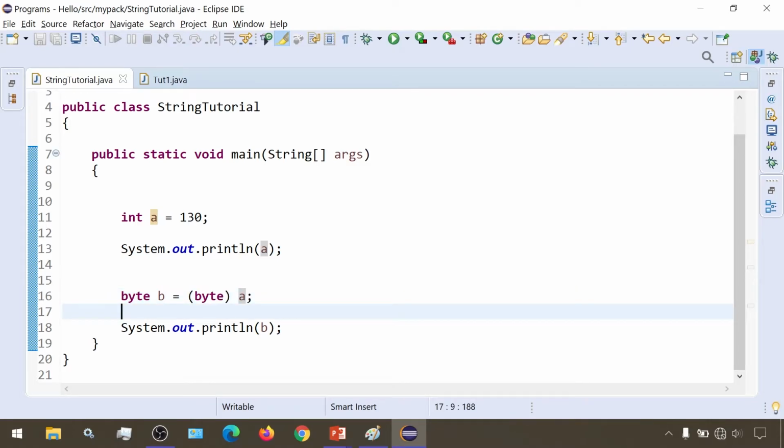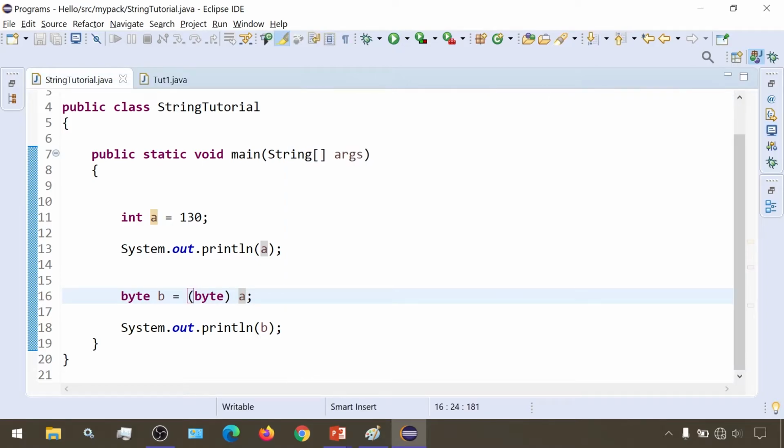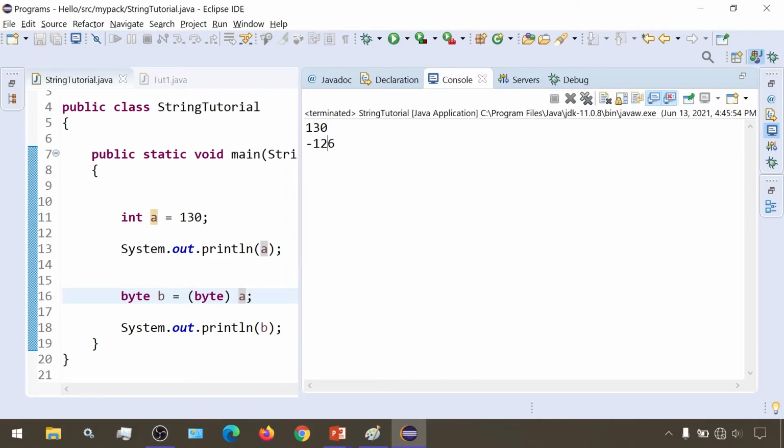So whatever value those 8 bits give will be assigned to this variable. Those 8 bits are giving the value negative 126, and that value is being assigned to this variable. So that's why we can see this. This is the main point, data loss.